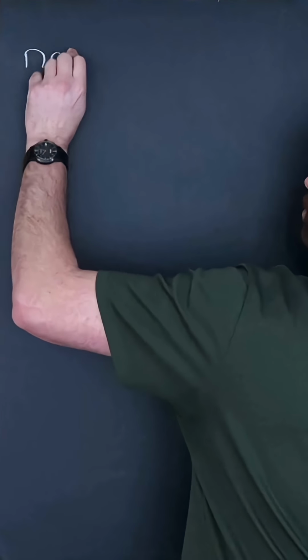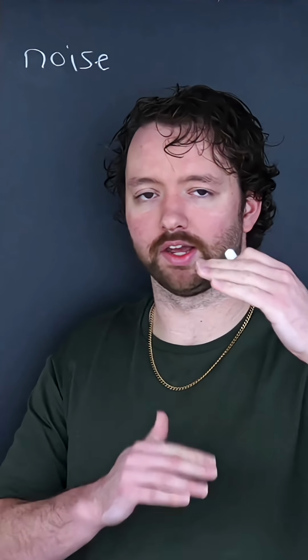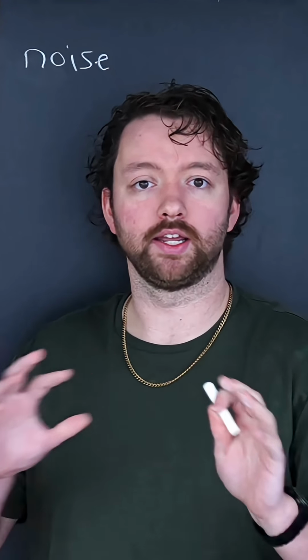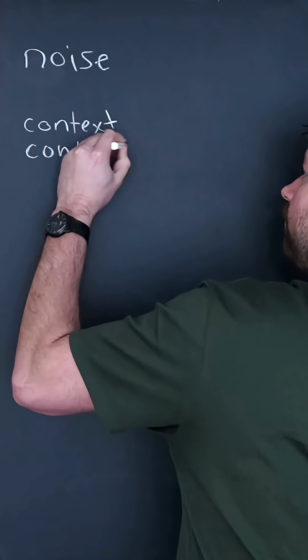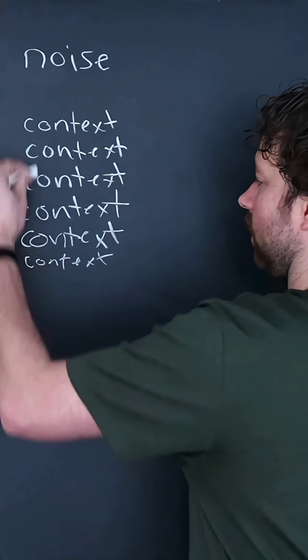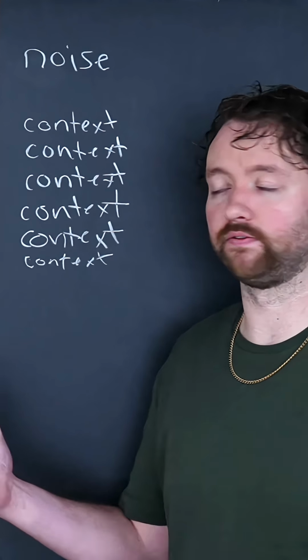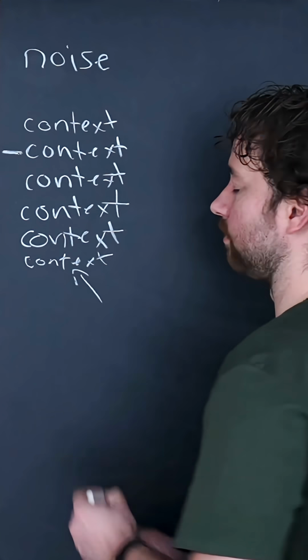I mentioned earlier the problem of noise when you provide a lot of context. So if you just put everything that the AI needed in your prompt, it can get lost in all of that information. So I gave this example in another video. If we have a bunch of information in the context, the more context we add, it's easier to get lost in all of this information. You might be referring to this stuff over here, but the AI thinks you're talking about this over here.